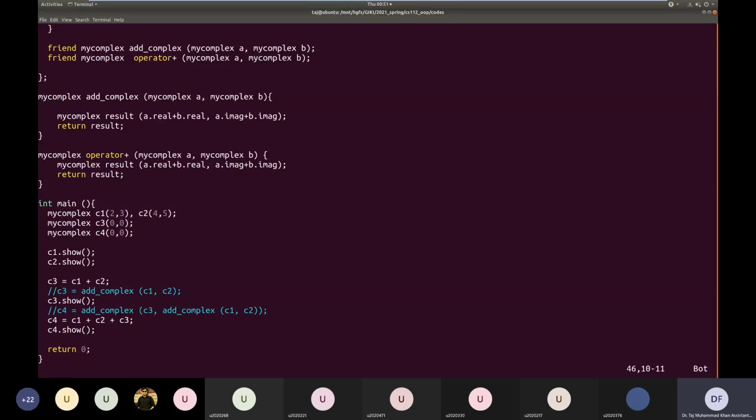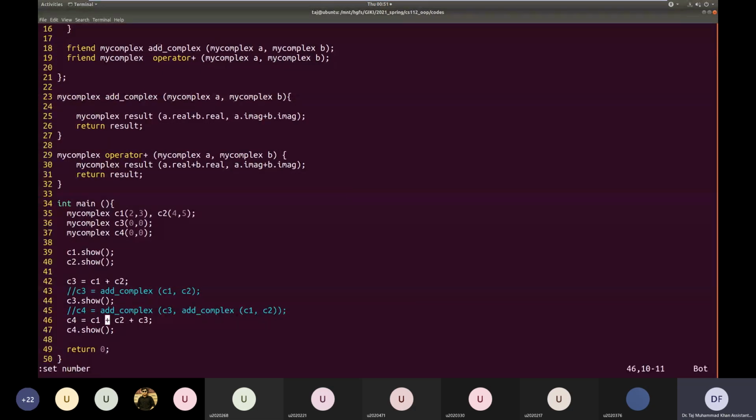So it will first call the plus operator for these 2 operands, C2, C3, and their addition will be done by the function operator plus, and the result will replace this highlighted part. So this highlighted part will receive the result of C2 plus C3, which is a complex number.